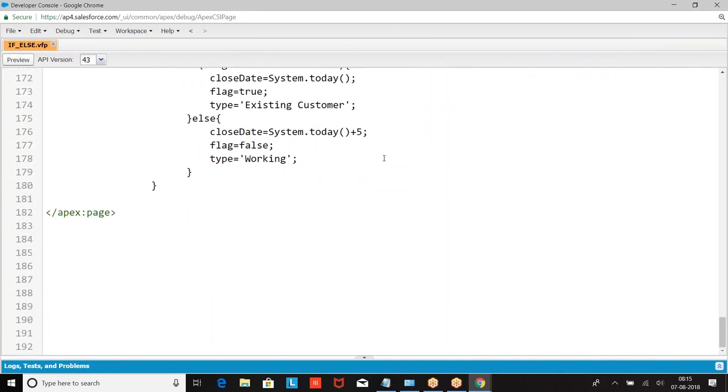Then, frequently used conditions. Two more conditions are frequently used: to check whether a value is null or not, and to check whether a value is blank or not. For example, check whether name is not blank.